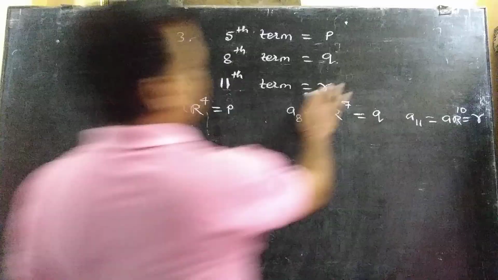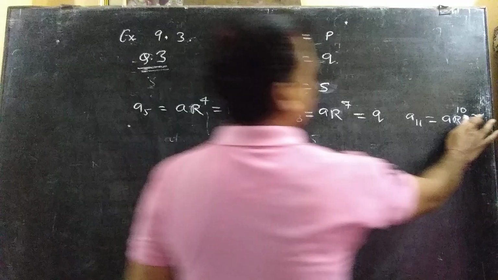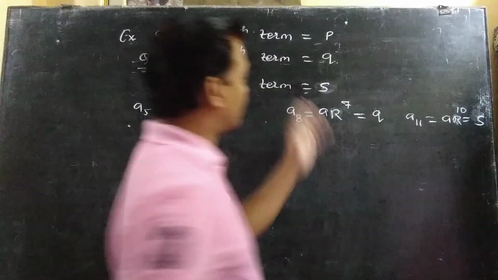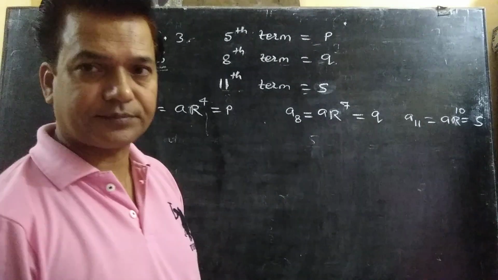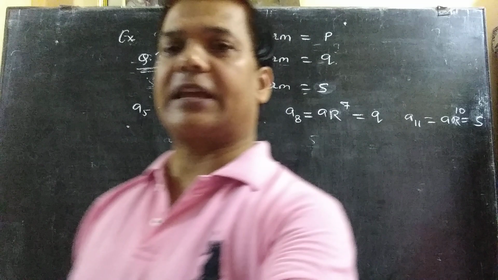So it means this is our S. Q square equals PS बोला है तो ये 11 टर्म S। तो आइए अपन इसको सॉल्व कर लेते हैं। सॉल्व करने पर अपना क्या बनता है, लेट्स सी।